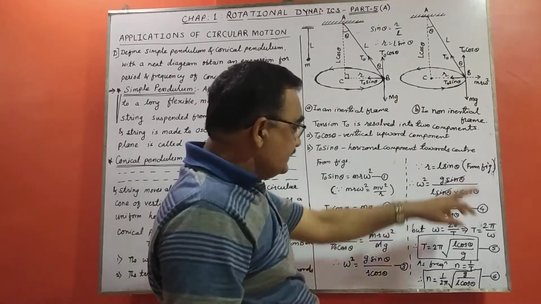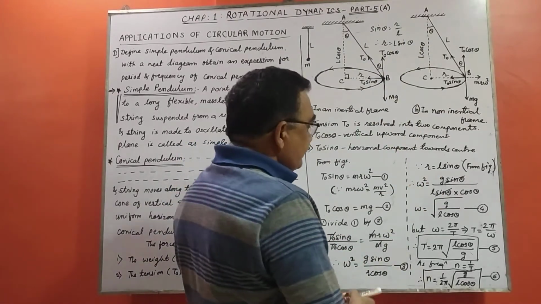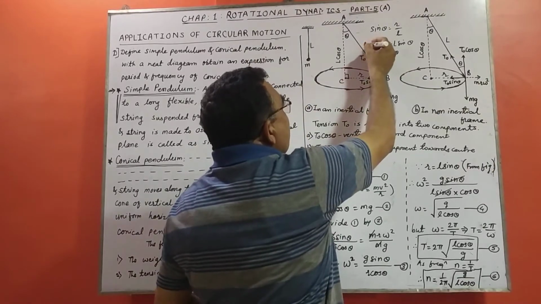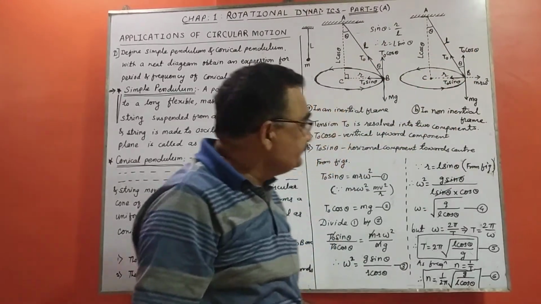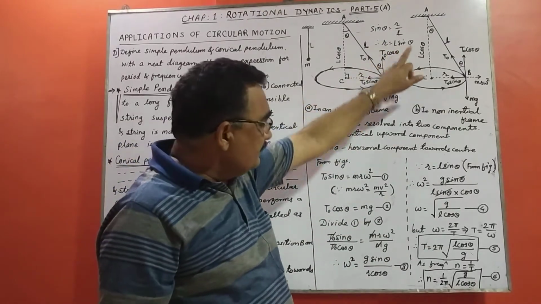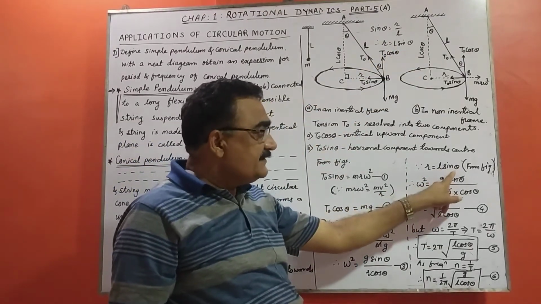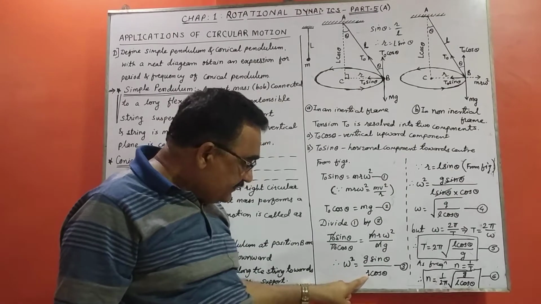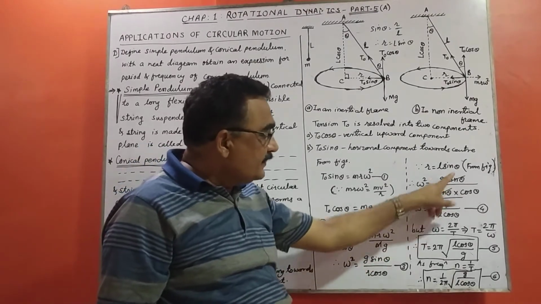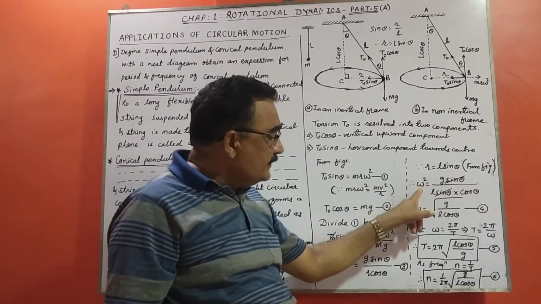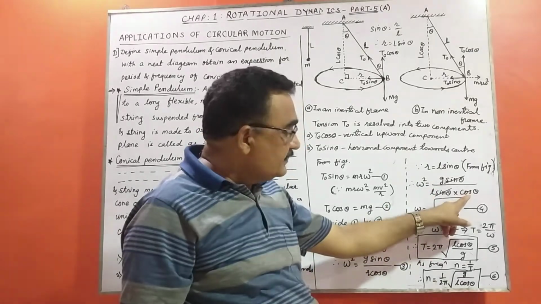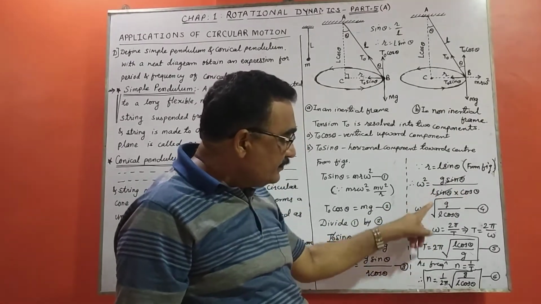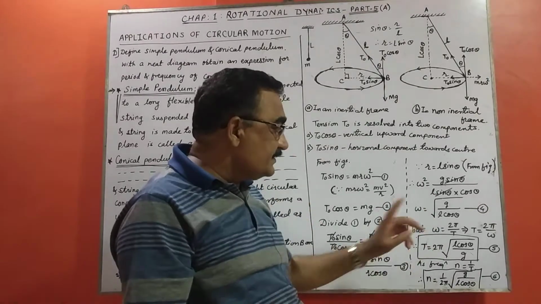And here we write this L sin theta. We can use small l or capital L according to our convenience. So r is equal to L sin theta. It is from the figure. Now put r is equal to L sin theta here. Now sin theta gets cancelled. Then omega square is equal to g upon L cos theta. Taking the square root, omega is equal to root of g upon L cos theta.